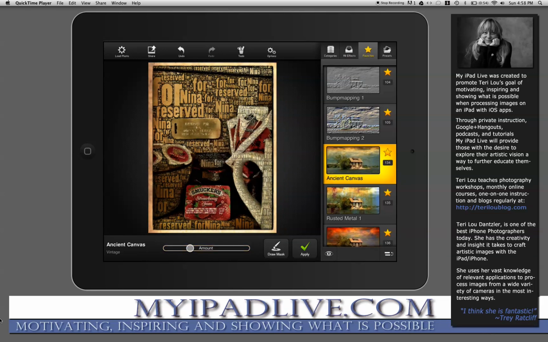One of the things about this filter is it only seems to want to put it on one side of the image. So you can see it's more dominant on the frame, especially on the left-hand side, than the right-hand side. So when I decide where I want the amount to be, what I like to do in this case, especially on an image that I want to be equal on each side, is I will tap apply,